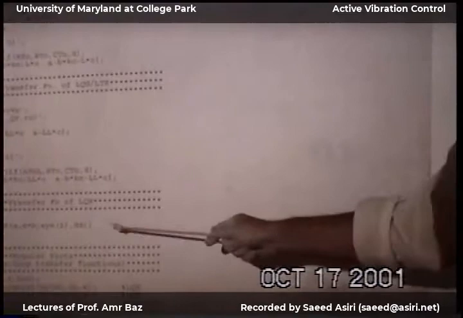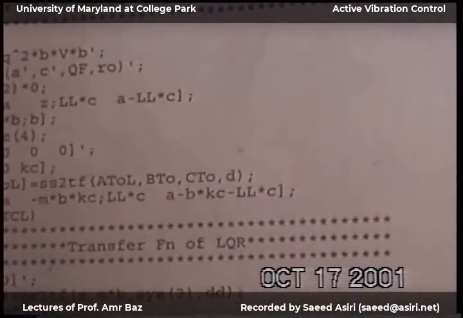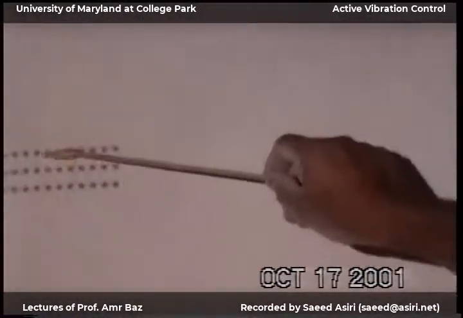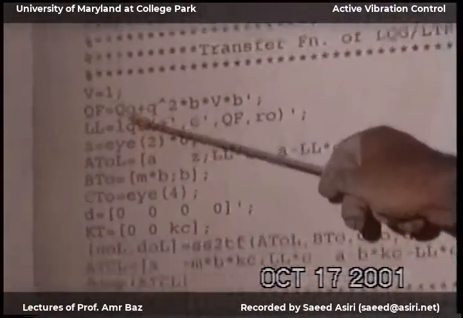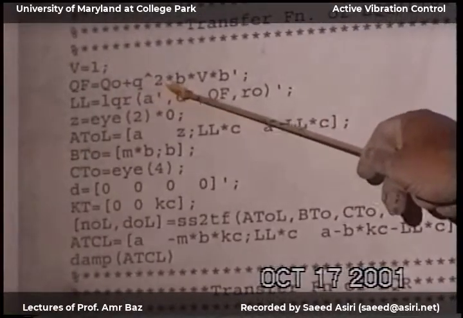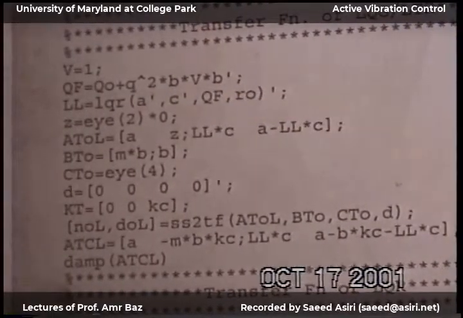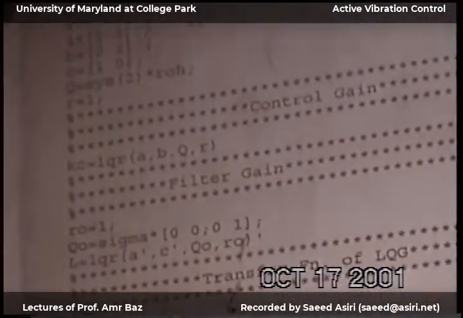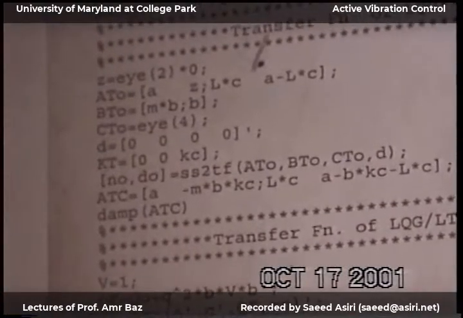So I have here three cases: the LQR, the LQG, and the LQG with LTR. If you look at this case which we just did today, I can write Q. I break it down into some Q plus Q squared times B squared, or B transpose. My B here is 2 by 1. So when I have B transpose, I have 2 by 1, 1 by 2. So the in between